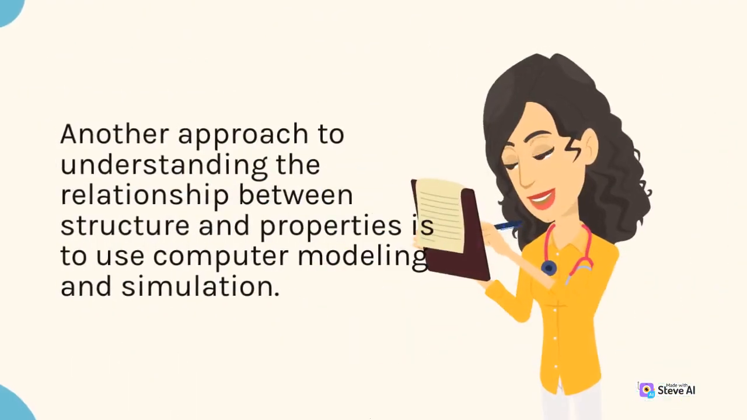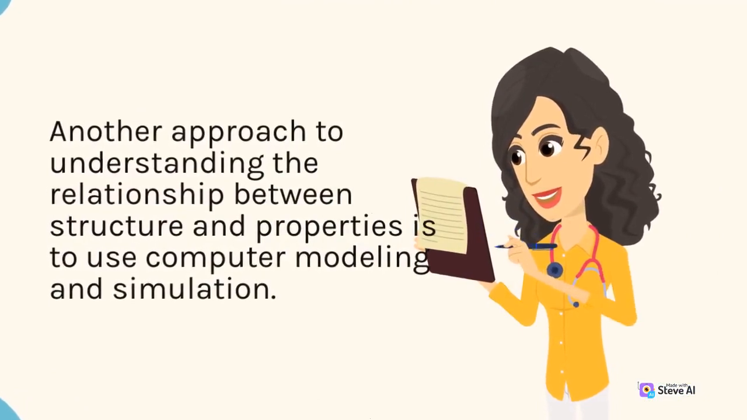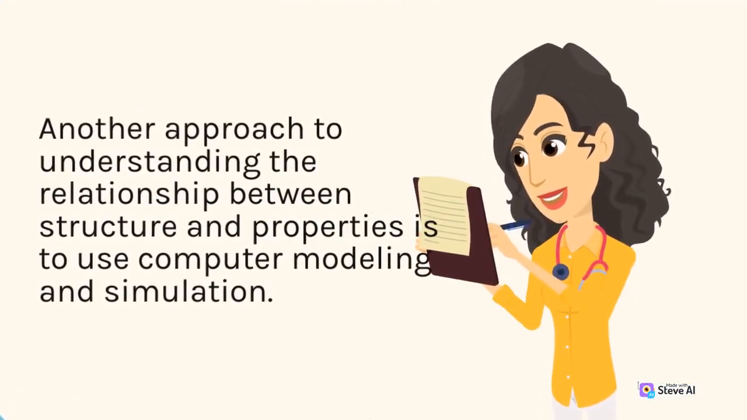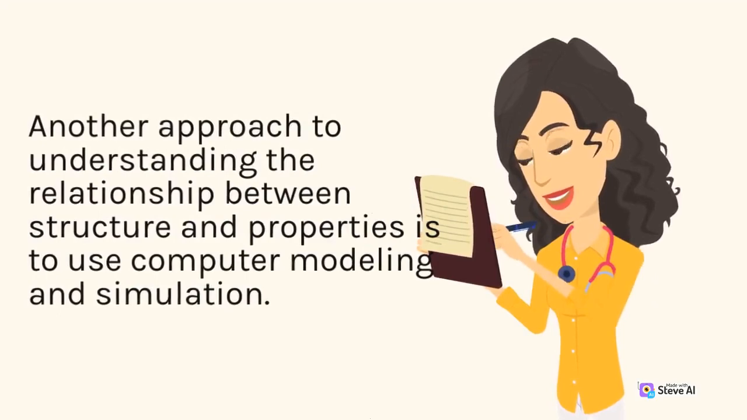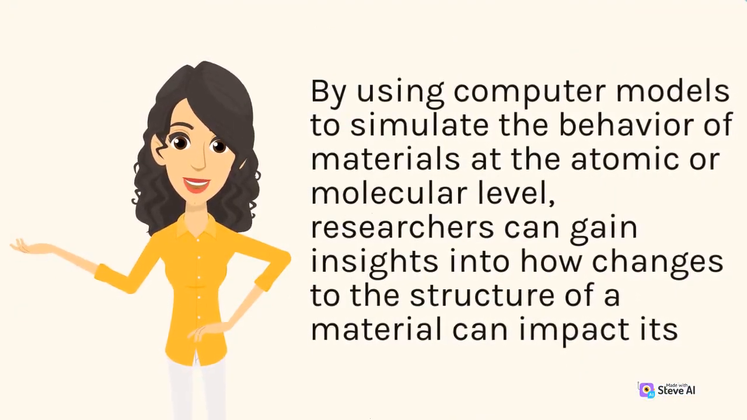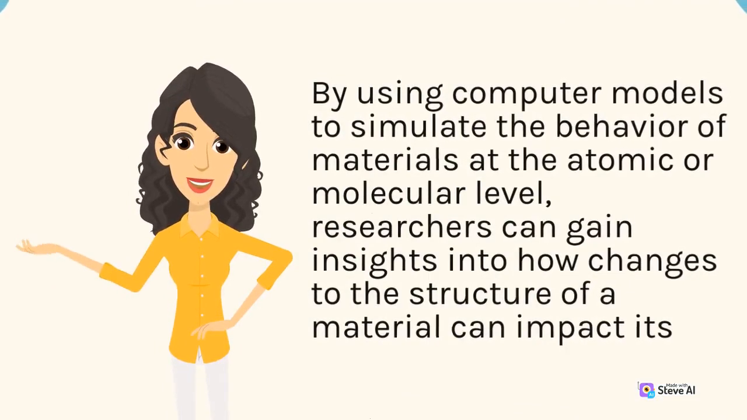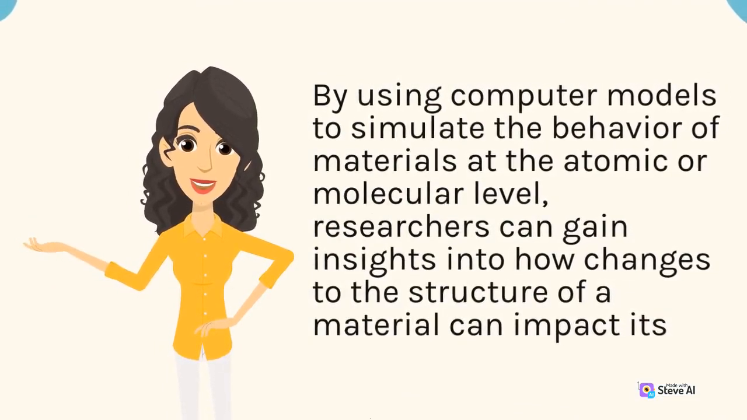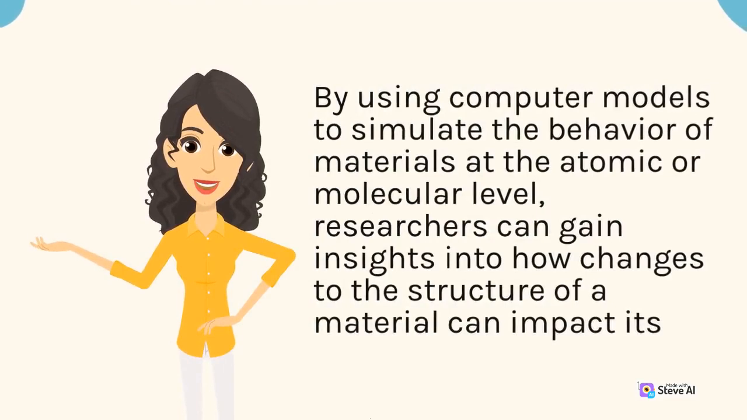Another approach to understanding the relationship between structure and properties is to use computer modeling and simulation. By using computer models to simulate the behavior of materials at the atomic or molecular level, researchers can gain insights into how changes to the structure of a material can impact its